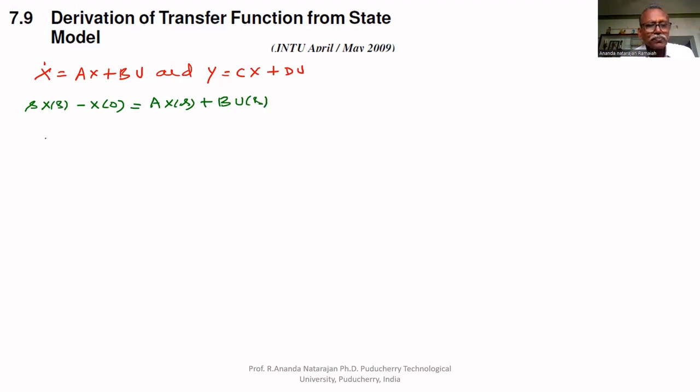To bring X(s) to one side, you will get (sI minus A) X(s) equal to x naught plus BU(s),